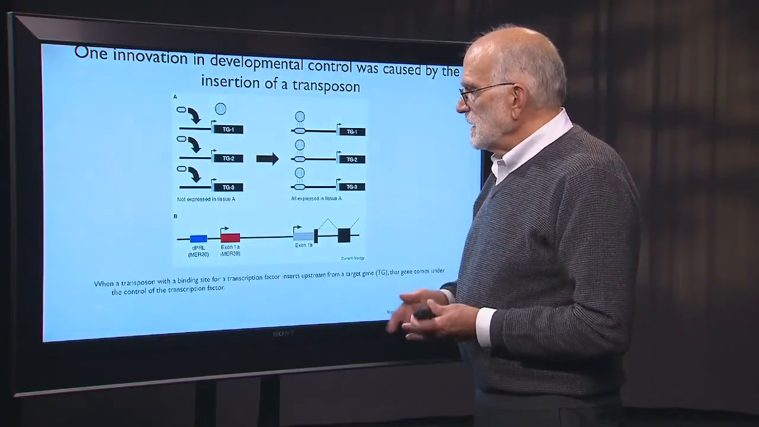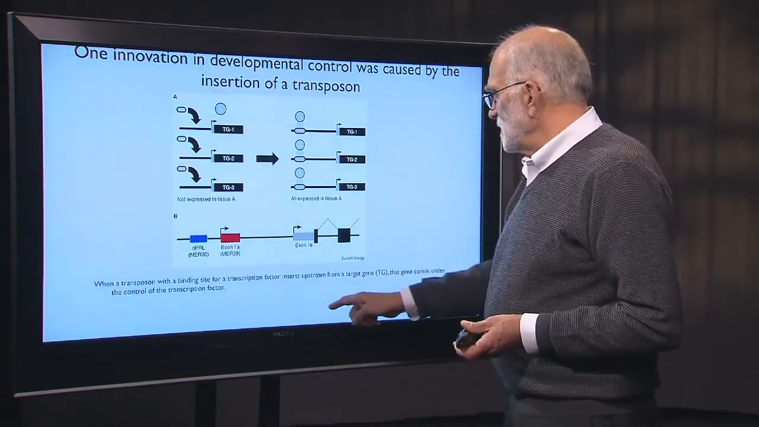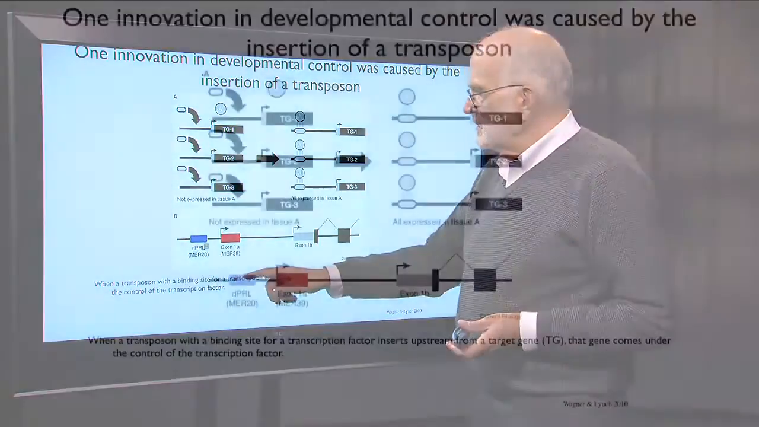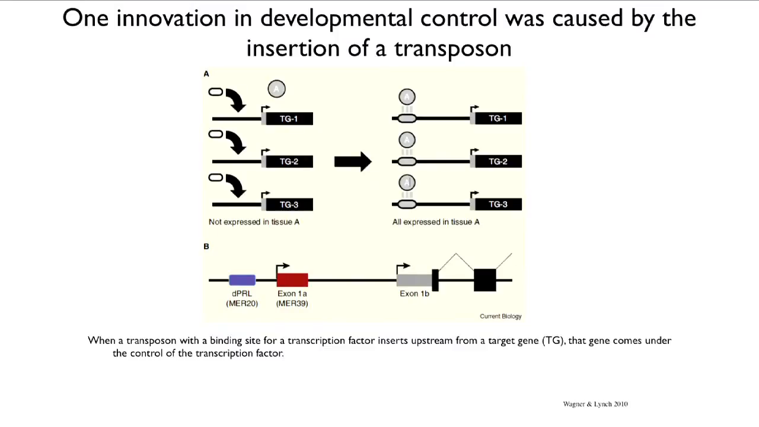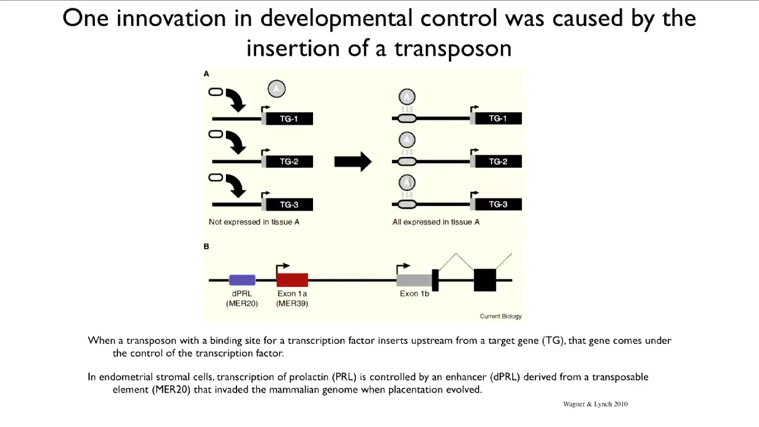So we have an example here where a transposon that had a binding site for a transcription factor inserted above a target gene. Okay, so these are the target genes. And that brings that gene under control of that transposon. In the endometrial stromal cells, the transcription of prolactin, which is essential, is controlled by an enhancer that is derived from a jumping gene. So that's this right here. It was MER20 that jumped in, and that appears to have come into the mammalian genome at the time that